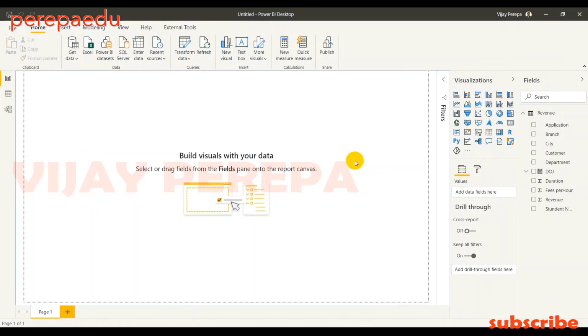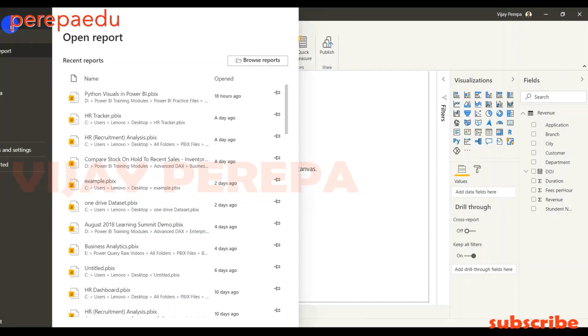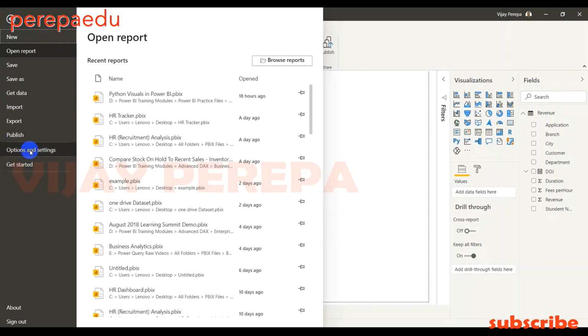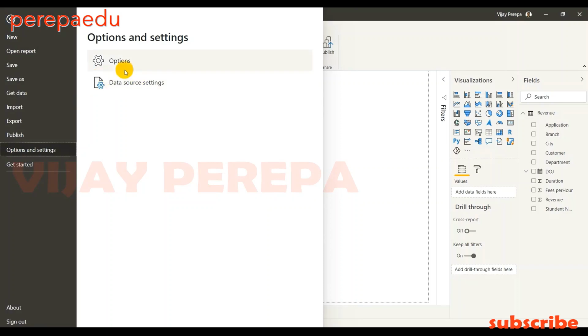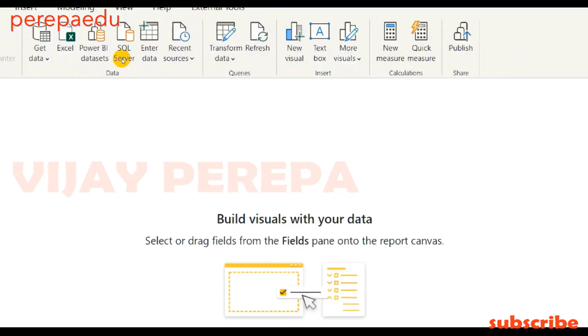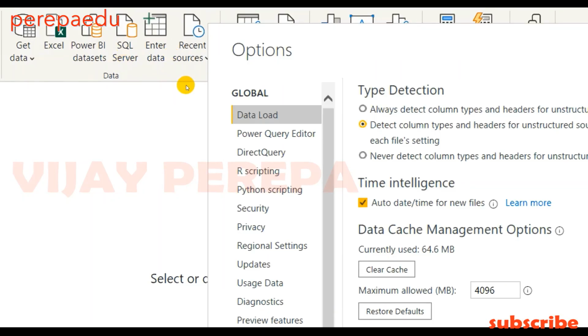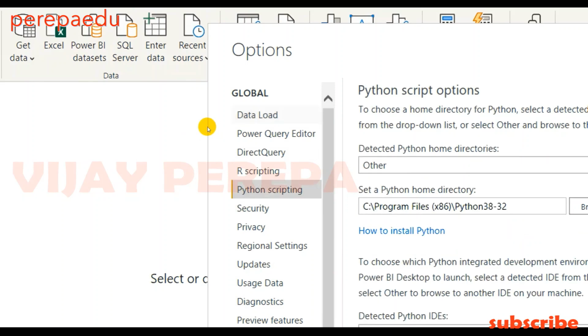As I mentioned earlier, since you are dealing with Python visuals in Power BI, you must have installed Python in your system and then start the Power BI Desktop. And you need to check for one setting. For that, you need to go to File, there go to Options and Settings, and then go to Options. There in the global settings, you will find one option, Python scripting.